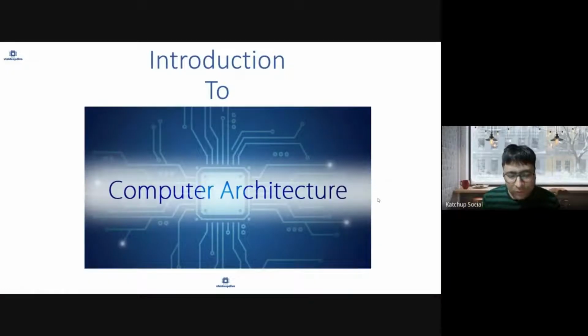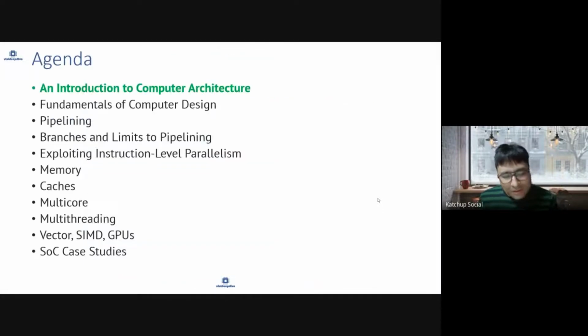Hello and welcome to the course of Introduction to Computer Architecture. This is going to be a long course, as in around 15 to 20 hours of video, so it's going to be very comprehensive. We'll start with Introduction to Computer Architecture, fundamentals of computer design, pipelining,